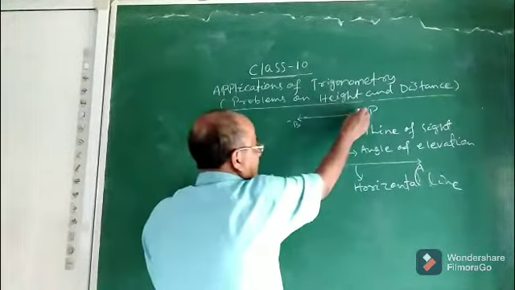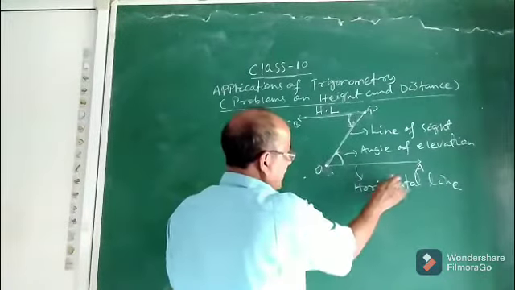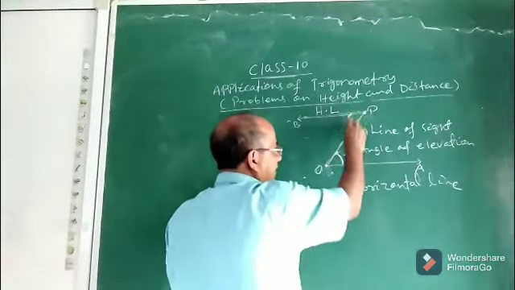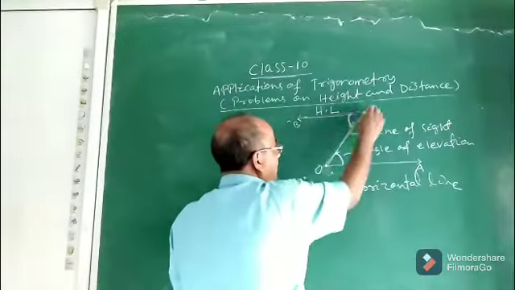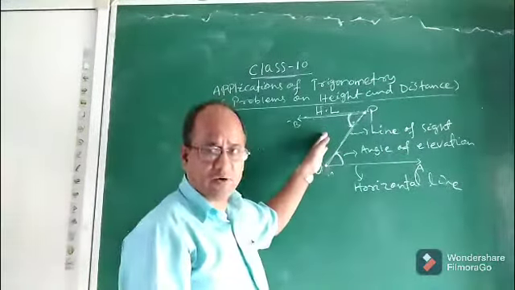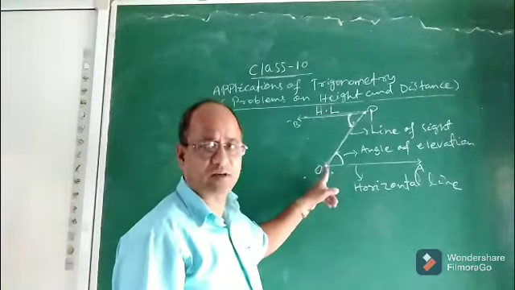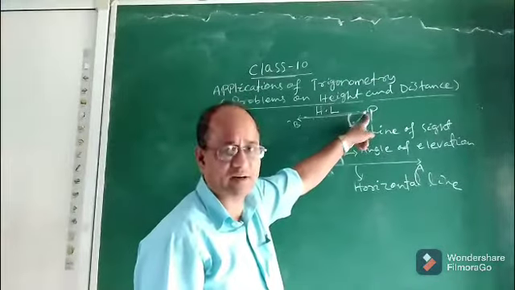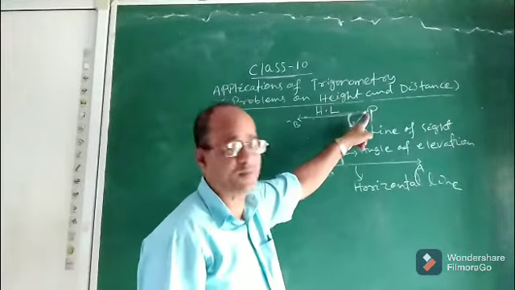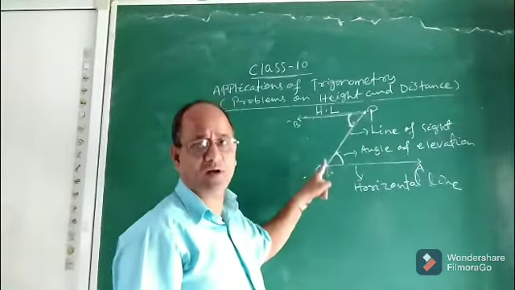Now look at, again this is the horizontal line HL. Now look at this angle, angle OPA. In this case, what I am trying to convince you, children, is that suppose a car is standing on the ground and you are sitting here on the top of a building. That means this is the position of the observer and this is the position of the object.